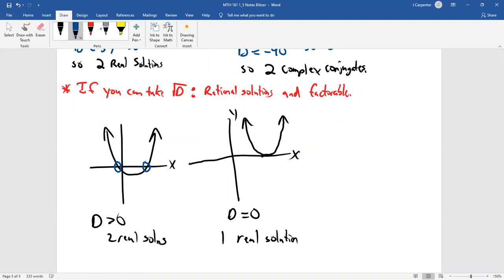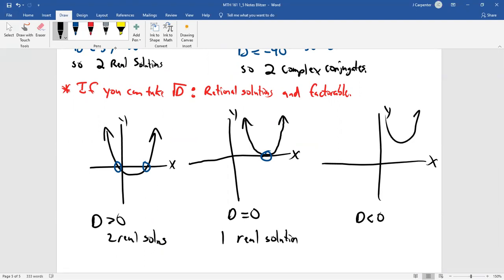Solutions to equations are interpreted as x-intercepts. And graphing these x-intercepts is going to be important. When your discriminant is negative, this is what your graph ends up looking like. And again, these graphs could point down or up. It doesn't matter. They won't point left or right because then they're not functions. This is not touching the x-axis at all. There are two complex solutions,